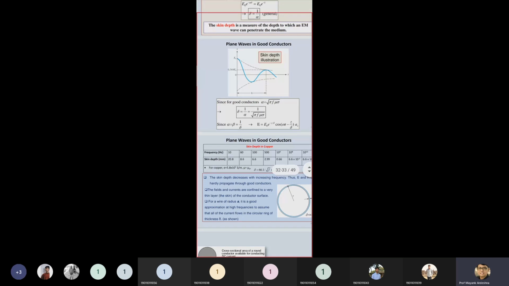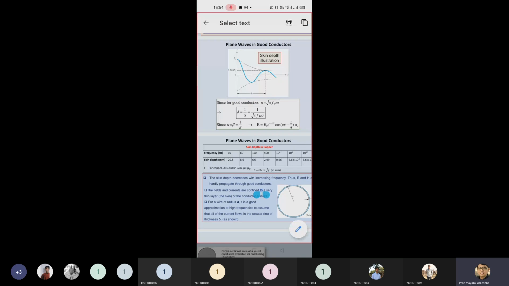Or you can also see the table given over here. Frequency is mentioned as 10 hertz, 60 hertz, 100 hertz, 10 raised to 4, 10 raised to 8, or 10 raised to 10. So it is more than a gigahertz. The frequencies we selected are more than a gigahertz. Why is this parameter very, very important? Because it is directly related to high frequency transmission. Whenever you increase the frequency for any particular medium, your signal cannot go beyond 37% of its value.